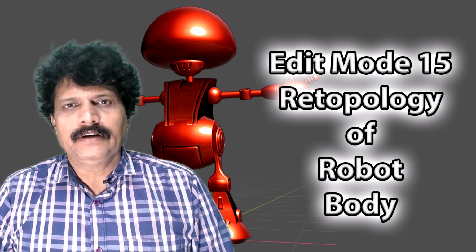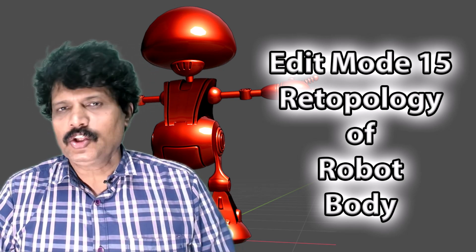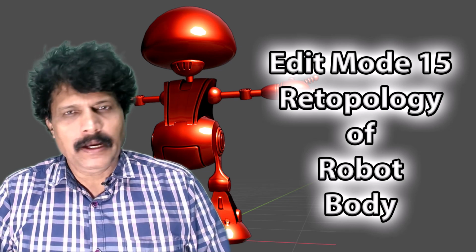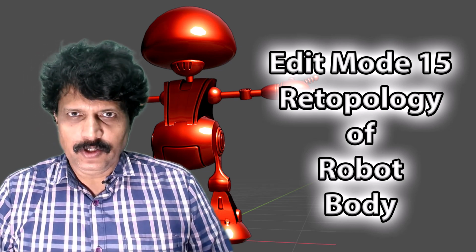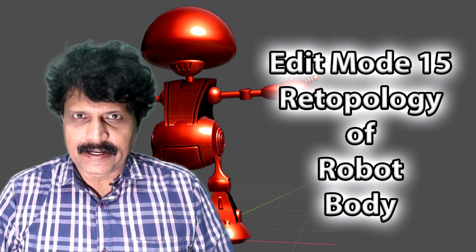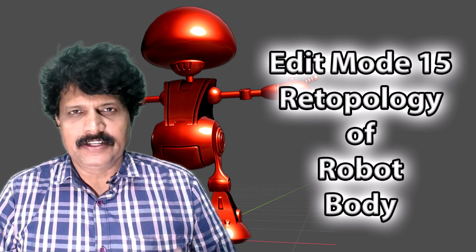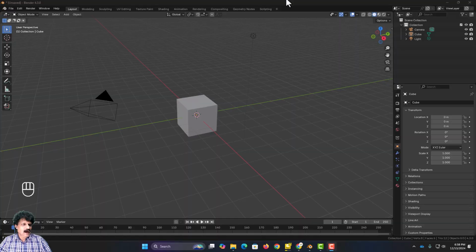Hello and welcome to our 15th session and our fourth one in this robot modeling project. So in this session, we are going to fine tune and add more details to every part of our Jimmy robot model. So to begin with, I will come to Blender and I am going to first open